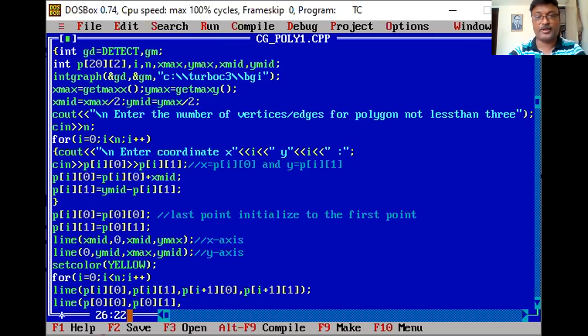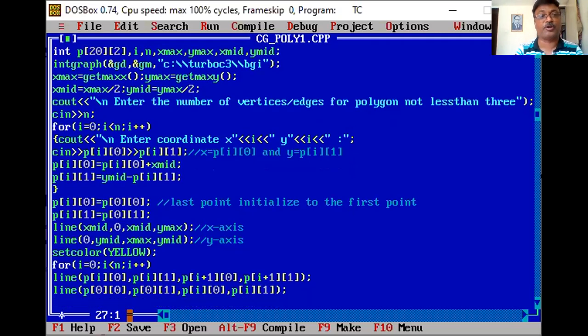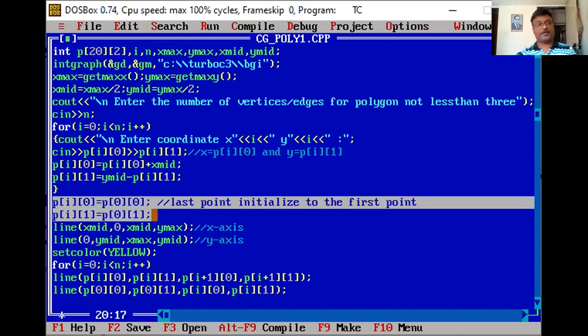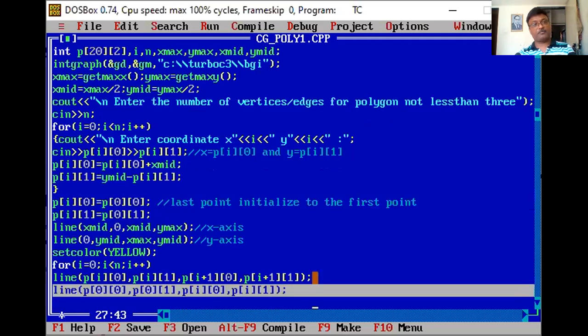Then I draw to my last point, P of I0, comma P of I1, which I initialized to the first point. So these are the two statements I have added here to initialize the point, and I have repeated it over here. This statement indicates that I have drawn from the last point to the first point.